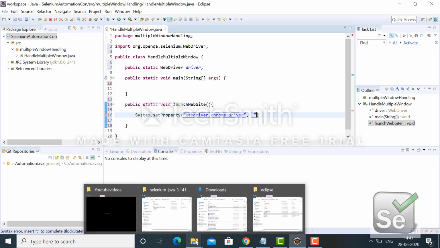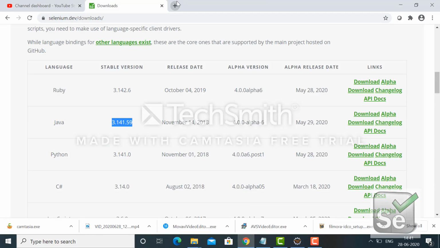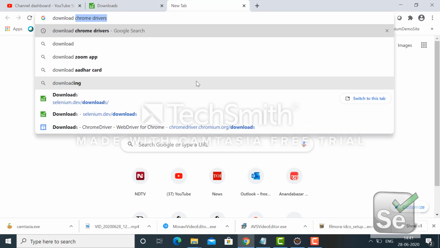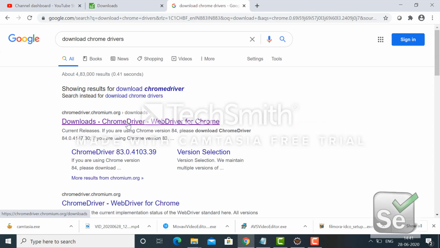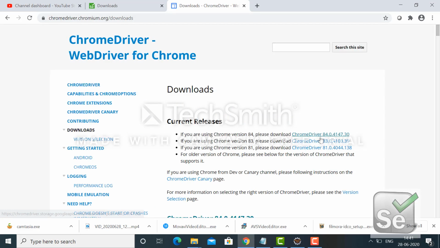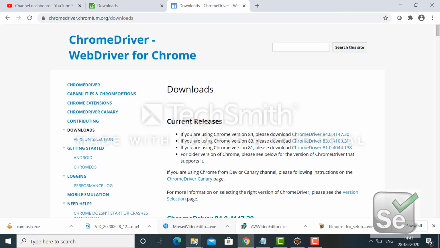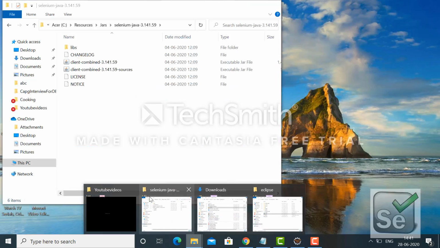Where will I get that path? You can download the Chrome driver from Google if you don't have it on your machine. Simply type download Chrome driver, go to this link, go to the current release section, and if you are using Linux OS, download this one. If you are using Windows, I already downloaded this one, unzipped it and kept it in a specific folder.